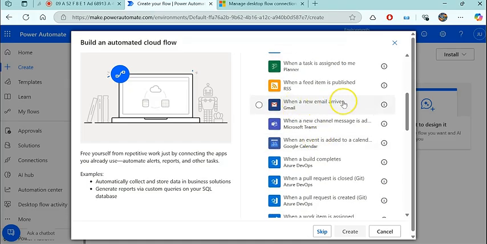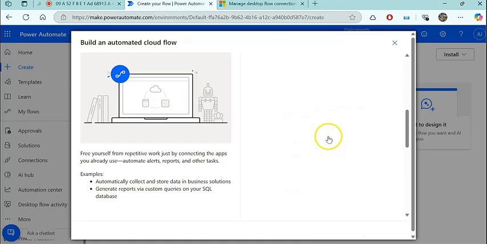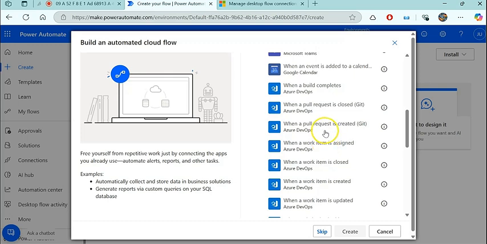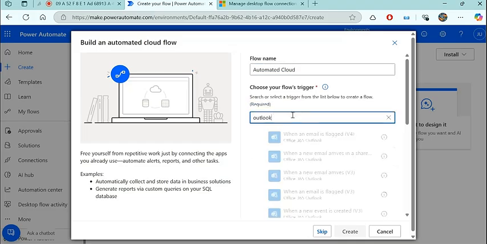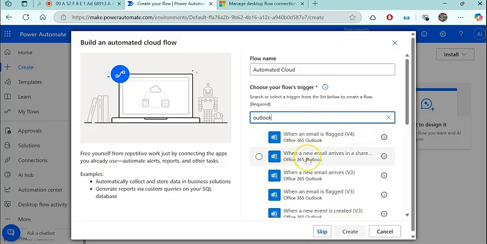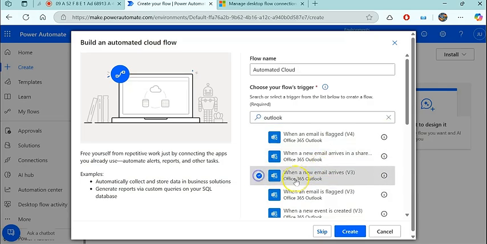When a new email arrives in Gmail. The most widely used for RPA is when a new email arrives in your Outlook inbox. Let's check what we have related to Outlook. When a new email arrives, version 3, you will select that